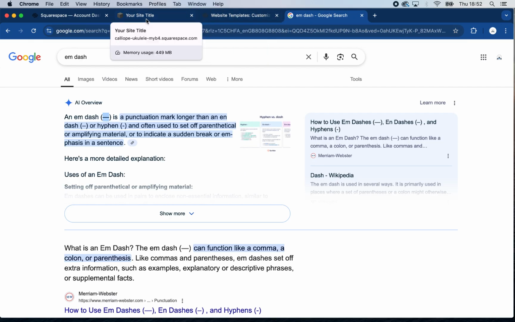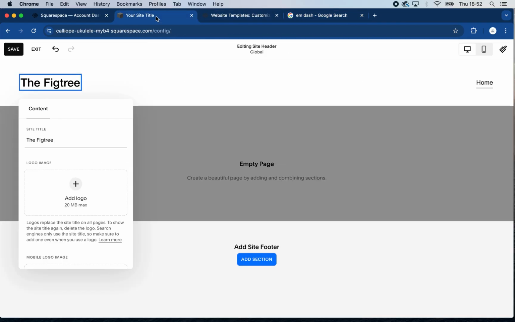I did read somewhere once that M dashes are better for SEO than pipes, but honestly, I don't think it makes much of a difference. So put a little dash,